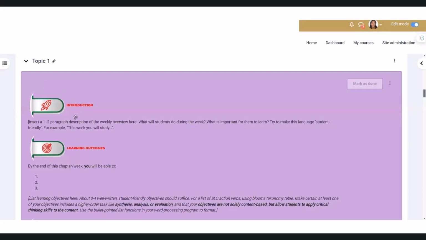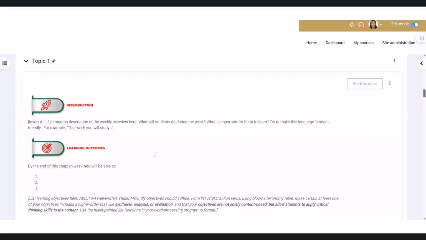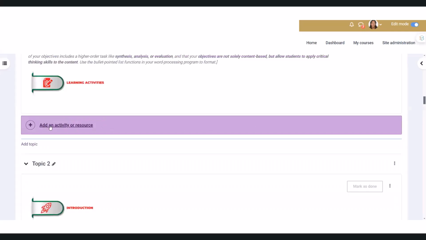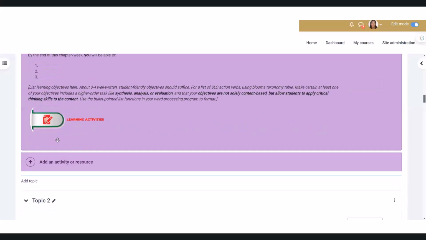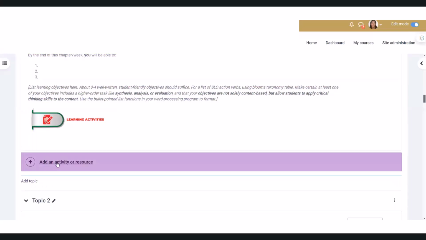So I was on the resource type called folder, and we're going to see how we can add a folder to our course. In each topic, you will be expected to attach the reading materials at the end of the topic. So this is topic one. At the very end of topic one, we need to attach the reading materials,